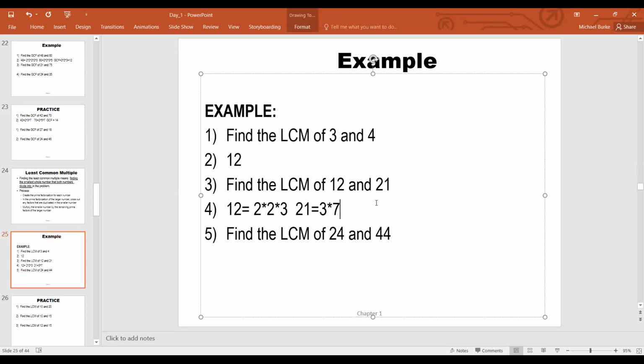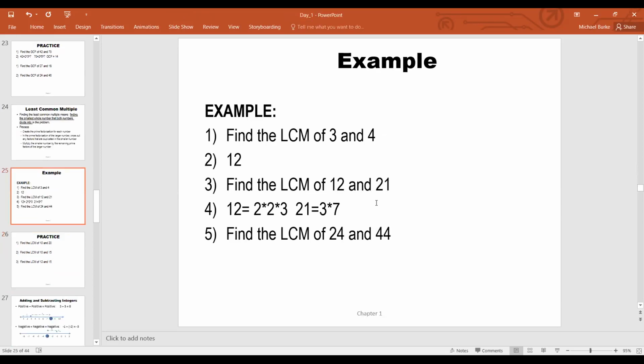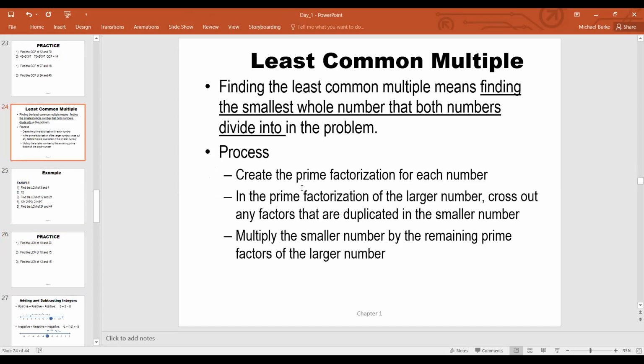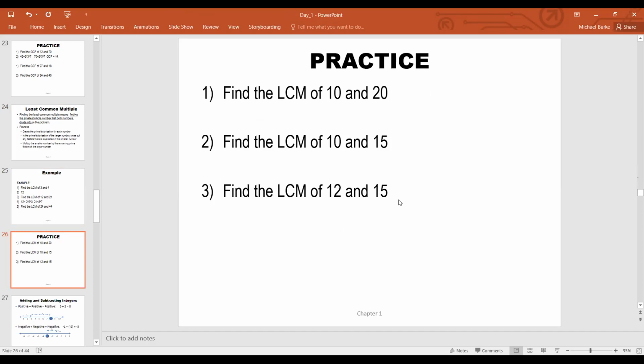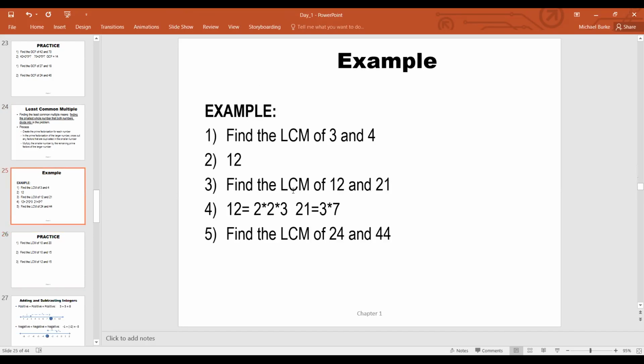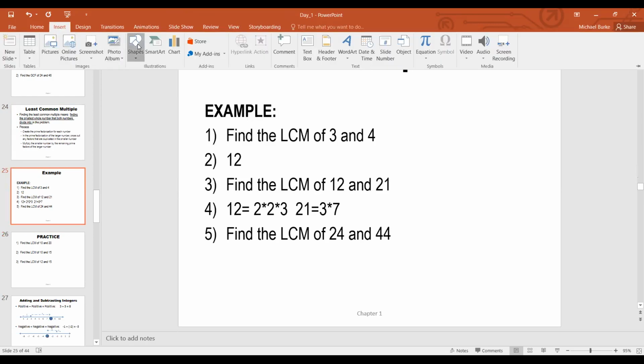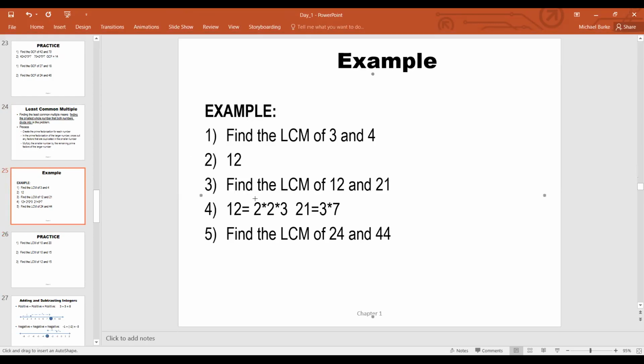Okay, let's go back up and look at the rule here. Cross out any factors that are duplicated in the smaller number. Okay, so we go down here and we find the smaller number has a 3 in it. So we actually are going to cross out the 3